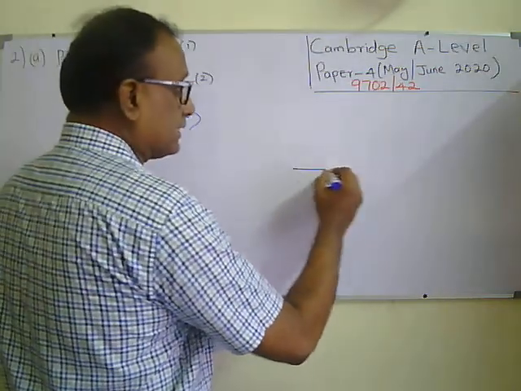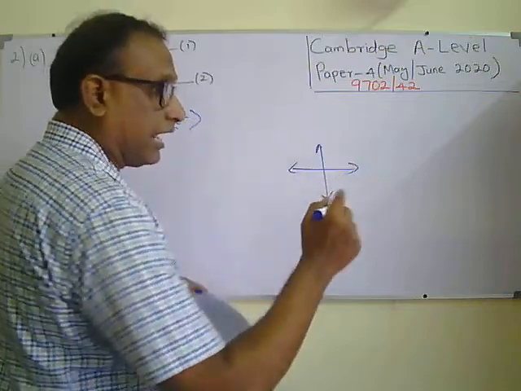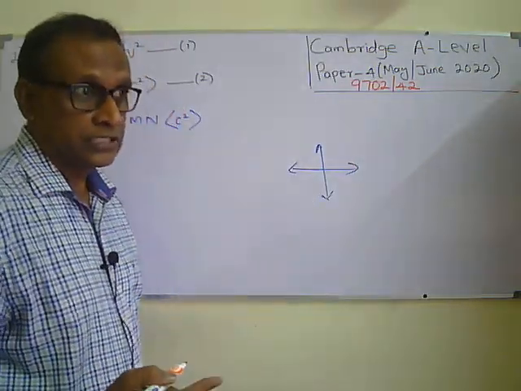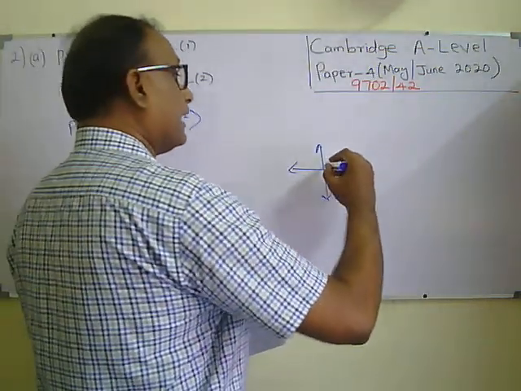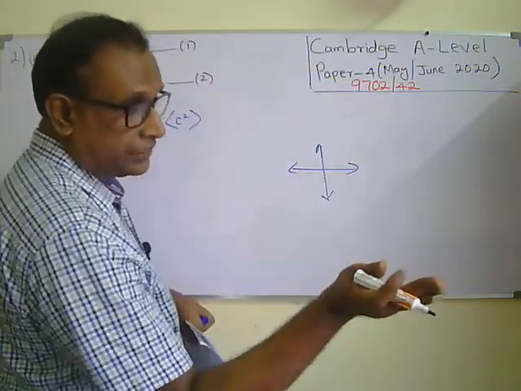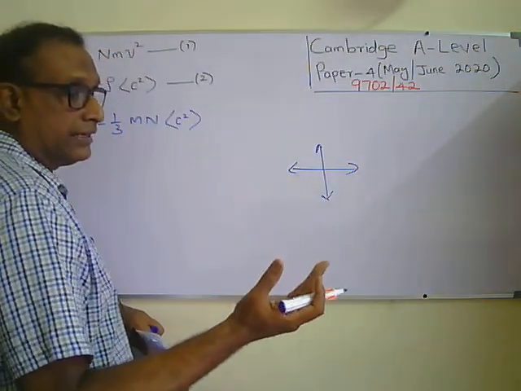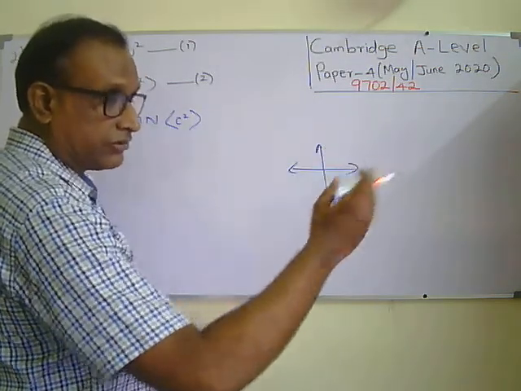They'll move in this direction: left and right, up and down, and front and back. So there are three different possibilities. You can ask me, if it is moving at an angle, what? If it is moving at an angle, we should consider its three dimensions, right? We have to consider its components. So in three dimensions, you can consider the components in different directions.